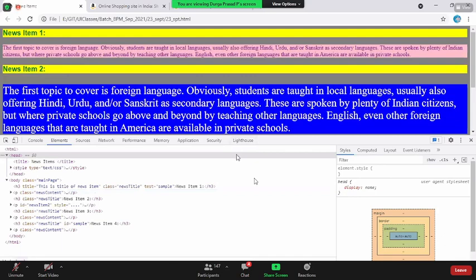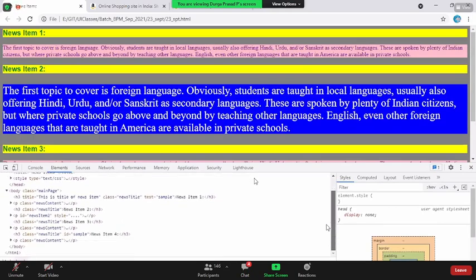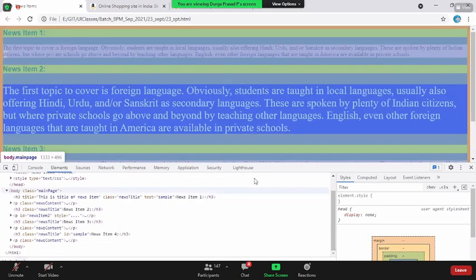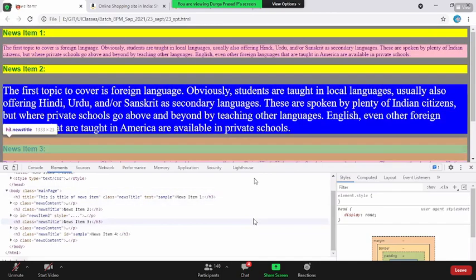Okay. Elements tab will completely list out all the HTML content which is being used for the current web page. Okay. Now, as I said, I was asking you a question. If you see this much HTML is there, how do you know what is the HTML content responsible for this blue tag, the blue content? You know how simple it is?